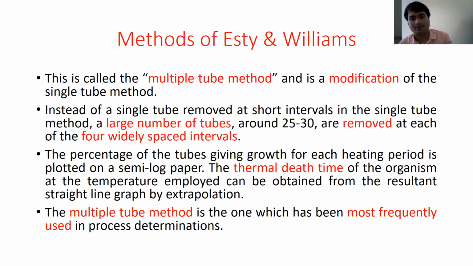Okay, so here we will not face the problem of skip that we were facing in the single tube method, because here our sample size is more, 25 to 30 number of tubes we are taking. But in the case of single tube methods, since we had only one sample tube, it might give us a false result, it might be that growth does not occur, and in the tube taken at the second time interval it might show growth. But that kind of problem we will not face in the method of Bigelow and ST and Williams.